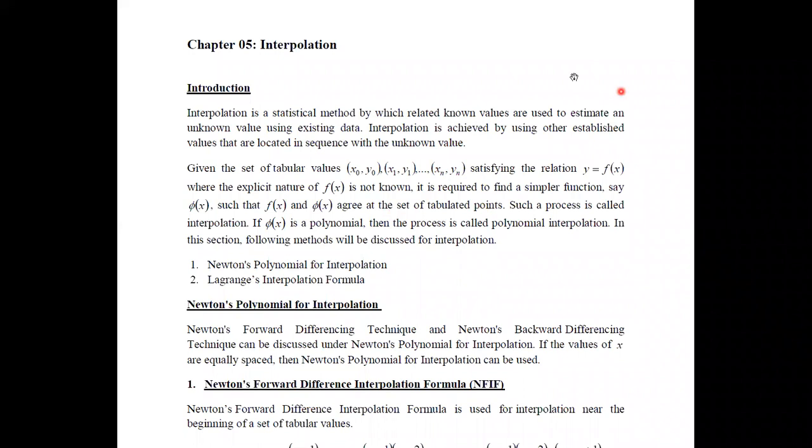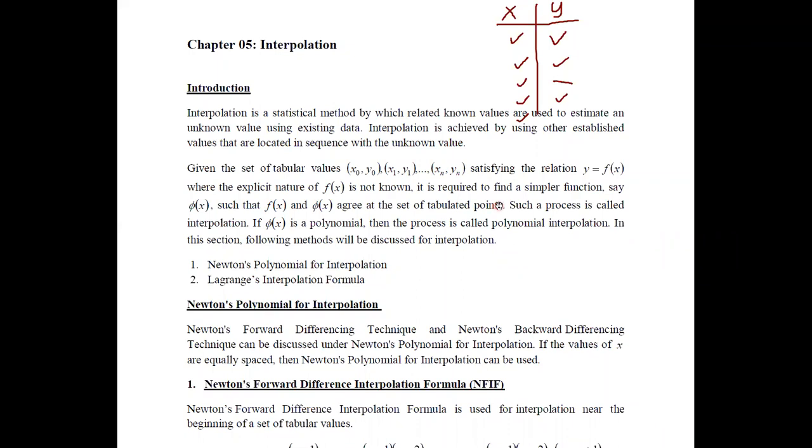Now it is like this. Think about you have a set of x values here and y values here. These y values come under a function called f(x), but we still do not know the exact function. Therefore, based on the existing values, we are going to identify the appropriate function that we can use to denote y. Such a function is p(x), and p(x) as well as f(x) should be satisfied by these tabulated points.